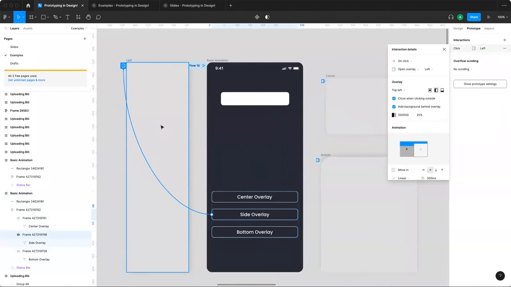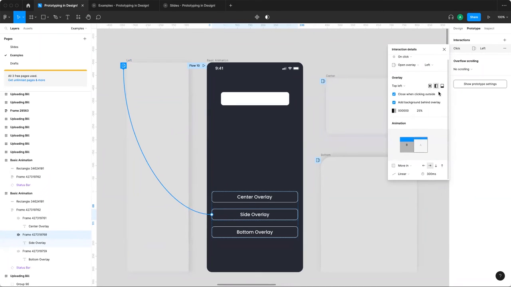We usually use this in websites, especially if we want to open any hamburger menu or profile menu. You can see that in a website it comes from the left or right maybe, with all the links in it. So let's just see how we do this. I just click on side overlay. I make the prototype here, and I have just changed the position of it. I make it to the left side, and in the animation,